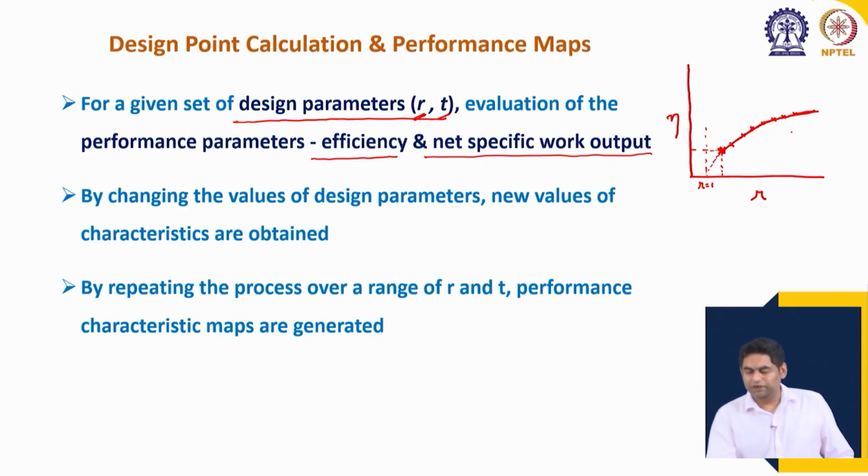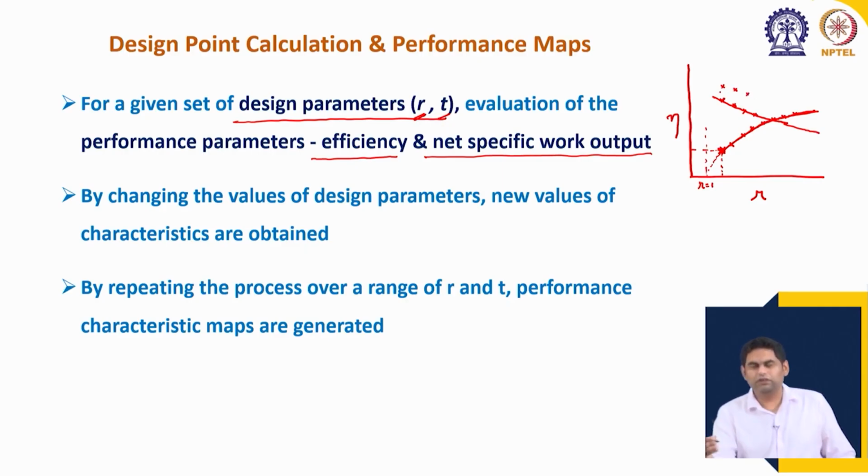Here there is no dependence on T, but if it was a regeneration cycle, we have both T as well as R dependence. So, we find that for T equal to 5 we get this value for R equal to 10, then R equal to 11, R equal to 12 like this, and then we join the lines to get a performance curve. Similar thing we can perform for T equal to 6, again starting with R equal to